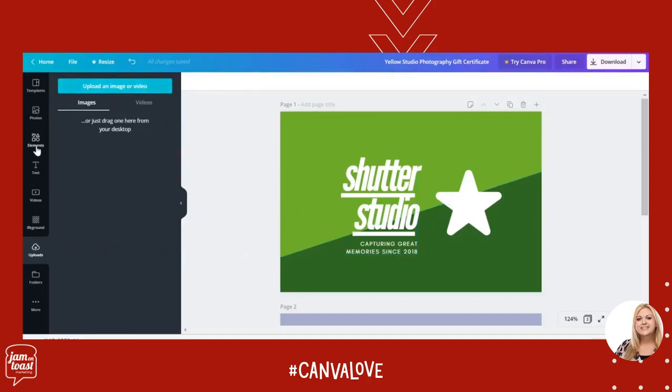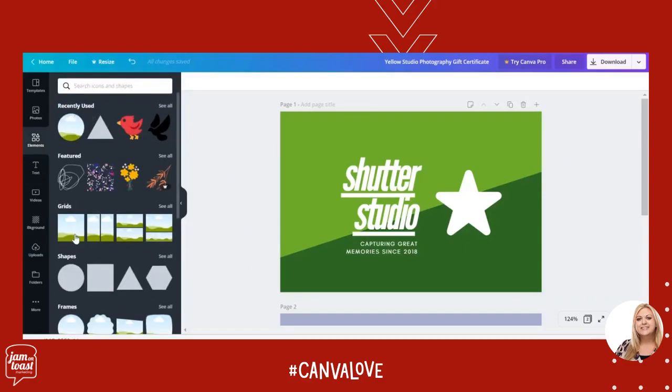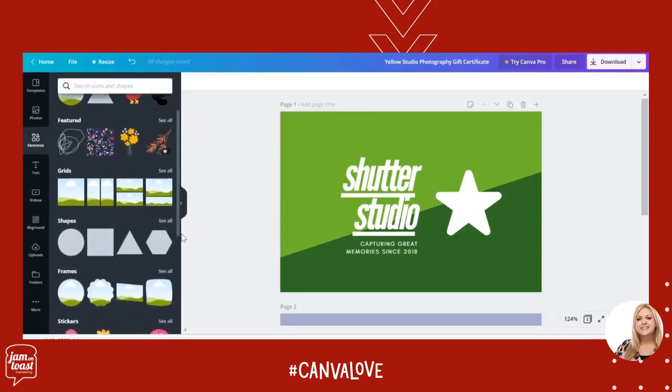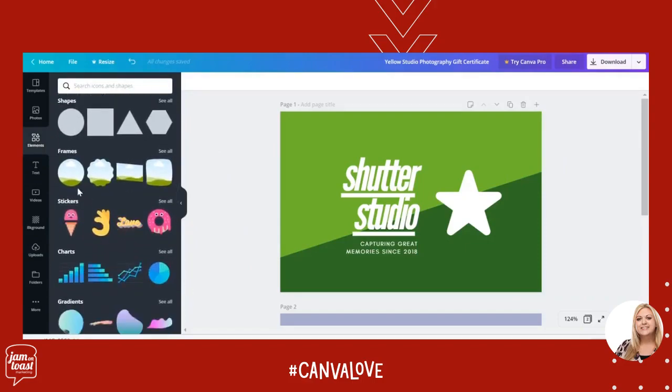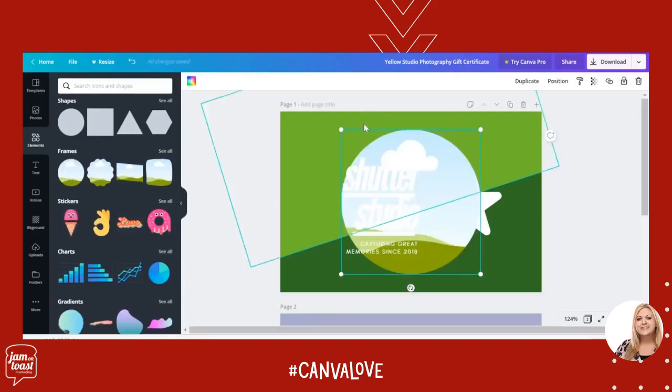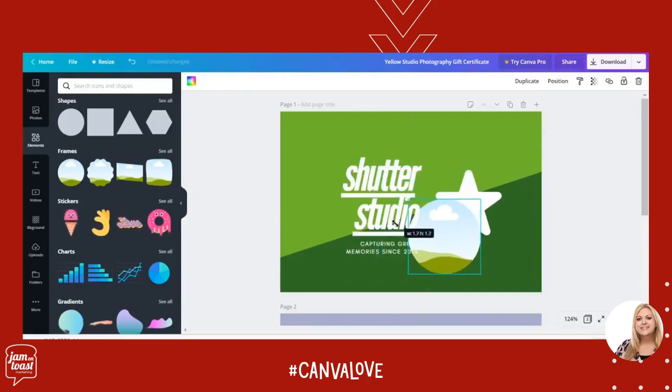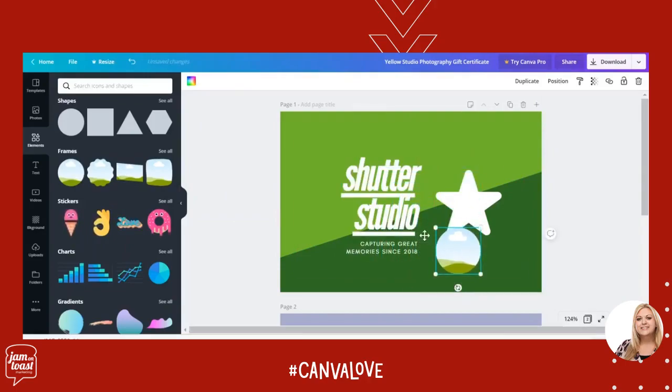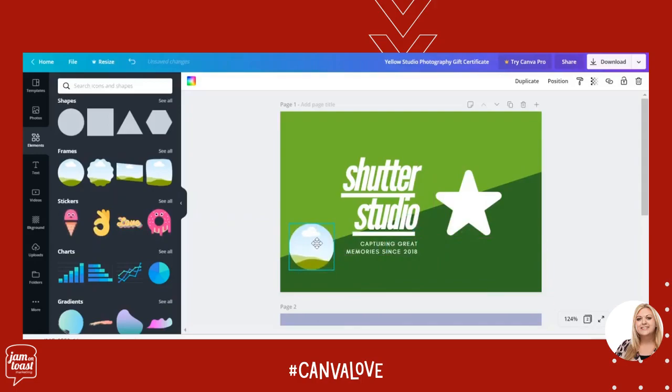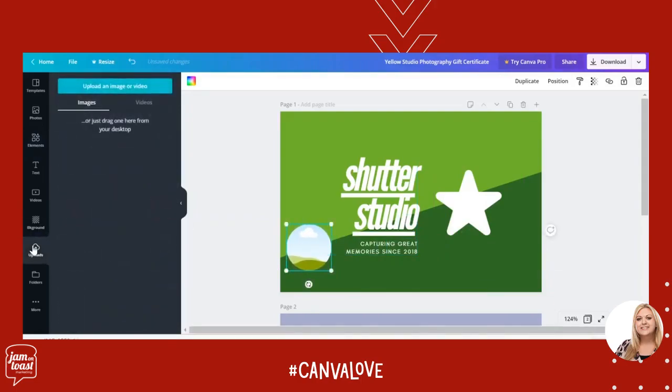The best way to position your logo is to add in a frame. Okay, these are your frames here, so we can add that in there. Again, you can manually adjust, and I want my logo to go here,